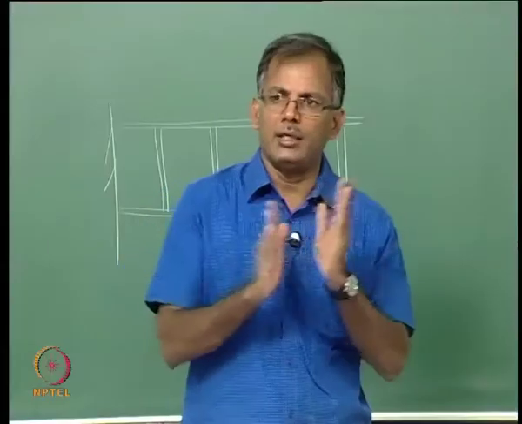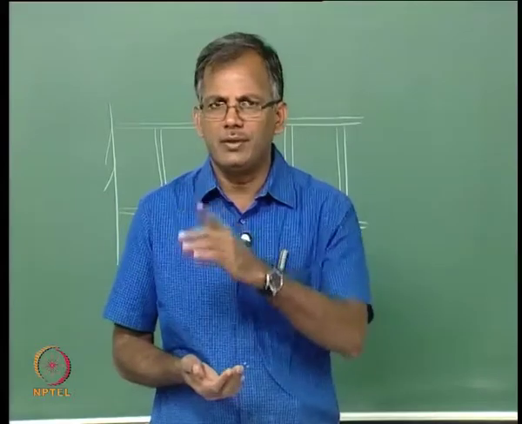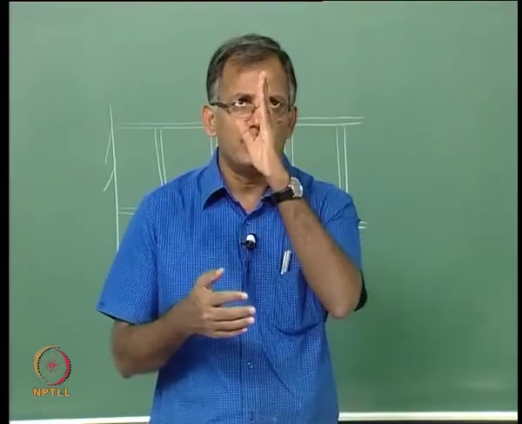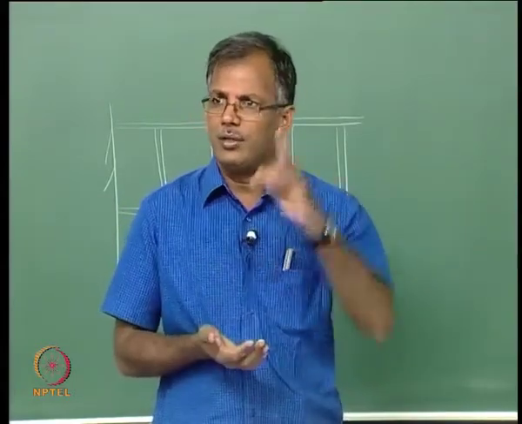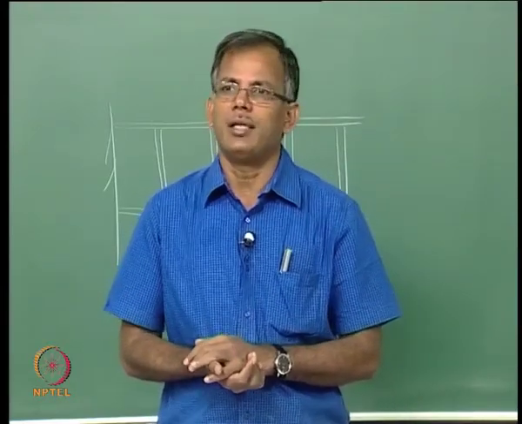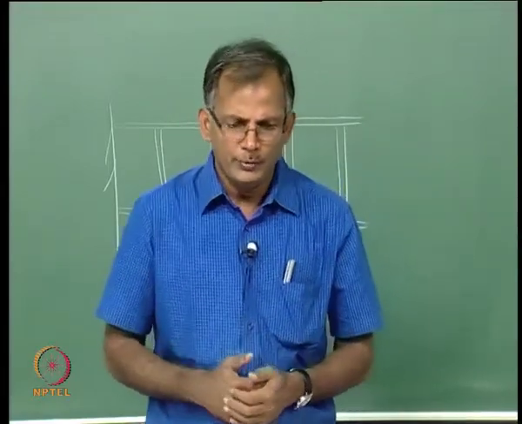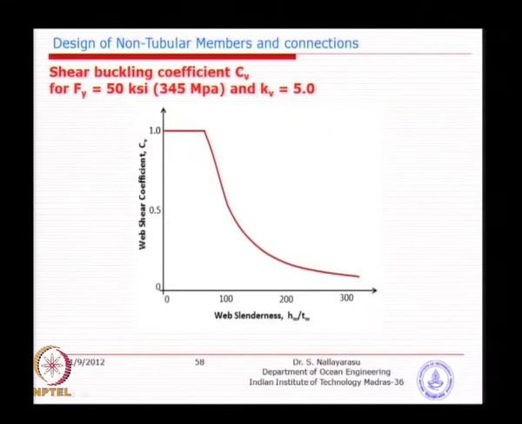So, we need to keep the slenderness less than 60 or 70. Yesterday we were seeing that for the web slenderness the limit was 90. If you look at the compression elements, 90 is the web slenderness limit, otherwise it will start buckling, basically it will be wobbling around. So, this is the idea behind it.